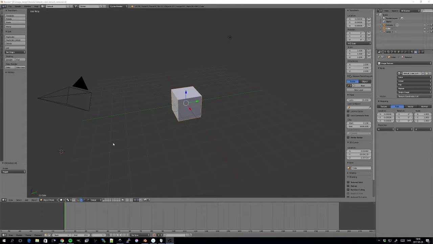In this part I'm going to introduce you to the 3D viewport, to the 3D cursor, and also how to select objects. But the first thing I want to do is actually to recommend, highly recommend even,